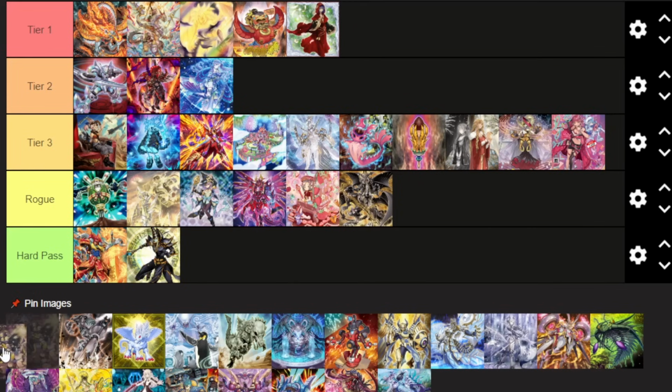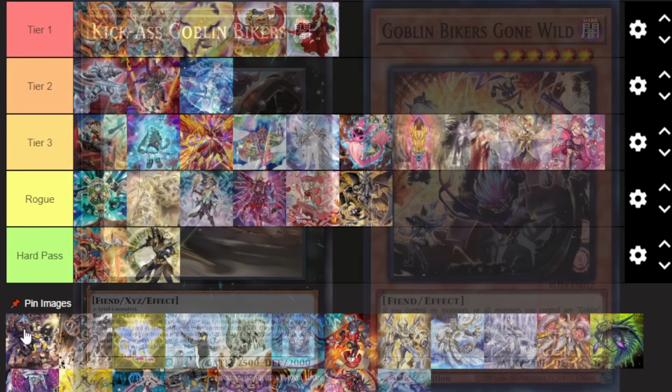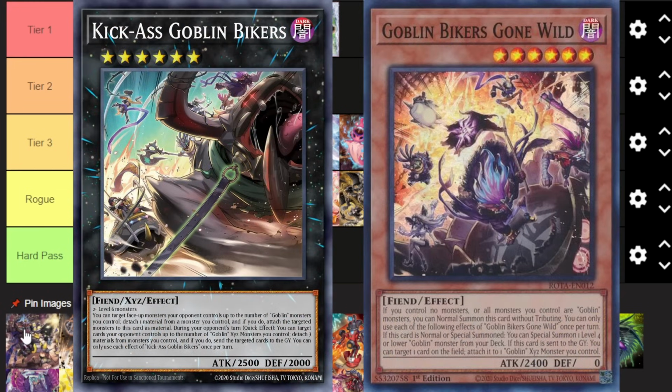A deck that doesn't have that quality is Goblin. So Big Gabanga. I was not actually aware of how much Goblin support we were still missing in Master Duel. Specifically, Kick-Ass Goblin Bikers and Badass Goblin Bikers, which I guess got translated to Goblin Bikers Gone Wild or whatever. But yeah, especially Kick-Ass, it adds an important part, and then something important to Goblin Bikers, which is